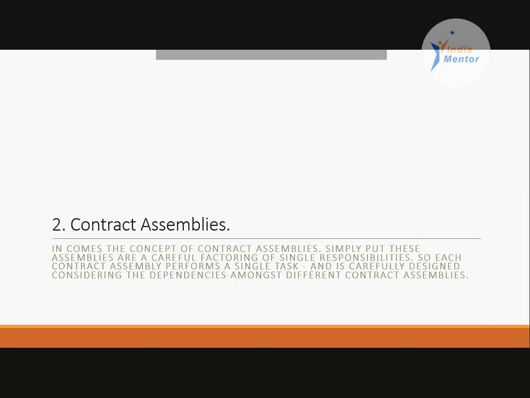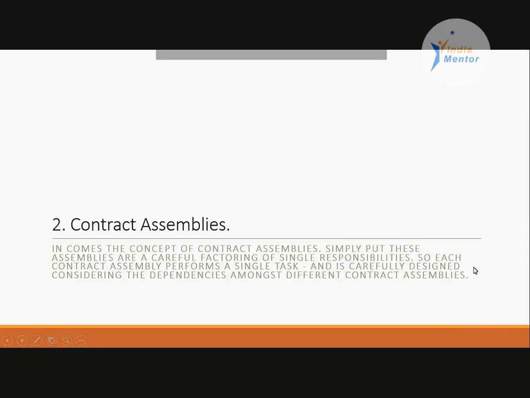Contract assemblies, in short, were the first step towards refactoring a larger set of code into smaller pieces. So you would have smaller pieces which could be picked based upon your choice and your target platform.